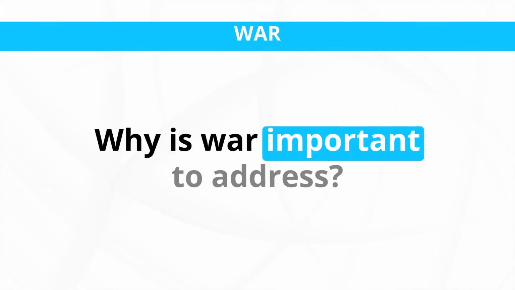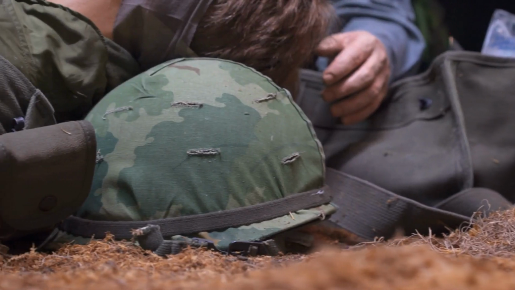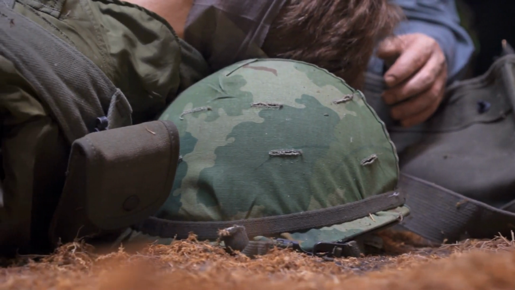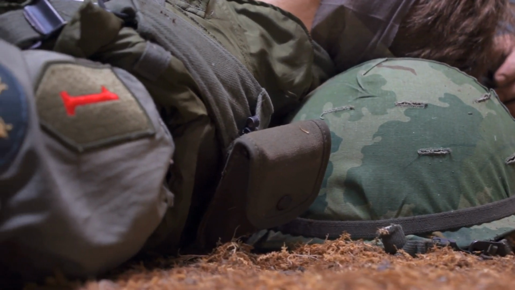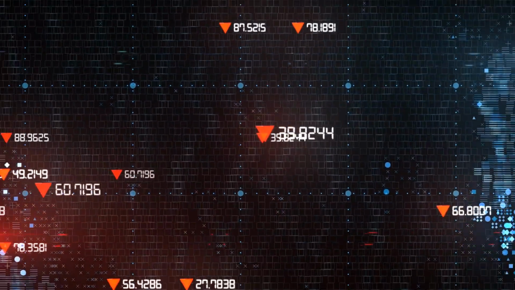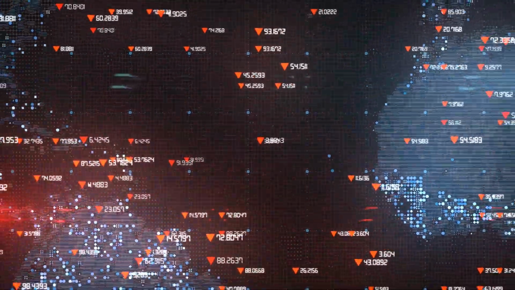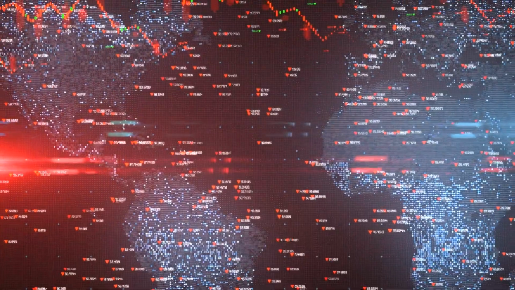Why is war important to address? What's at stake if we don't address this obstacle? War leads to the loss of lives, displacement, and suffering, particularly among the most vulnerable populations, including women, children, and the elderly. War disrupts economies, leading to job losses, reduced investments, and decreased productivity, which can hinder poverty reduction and